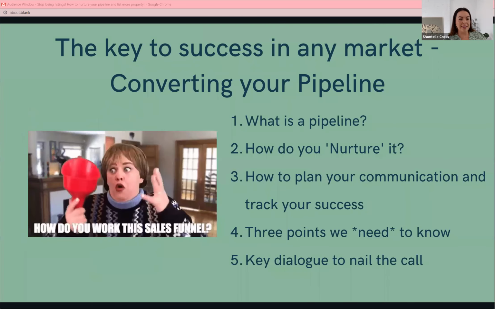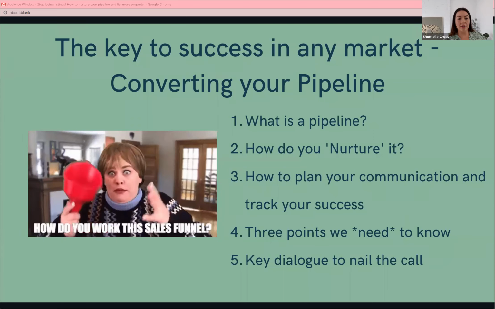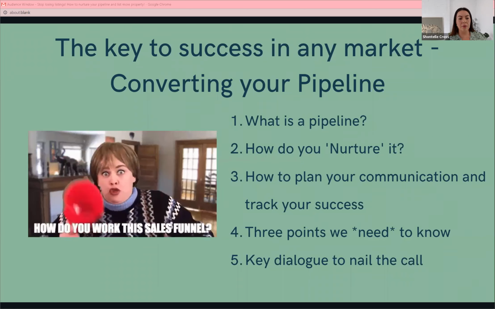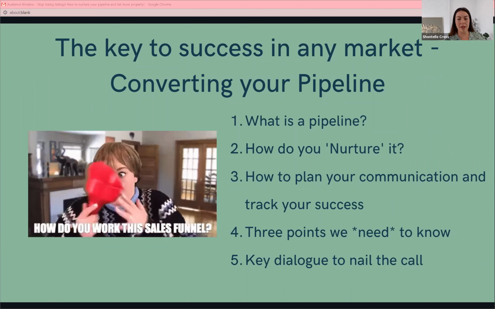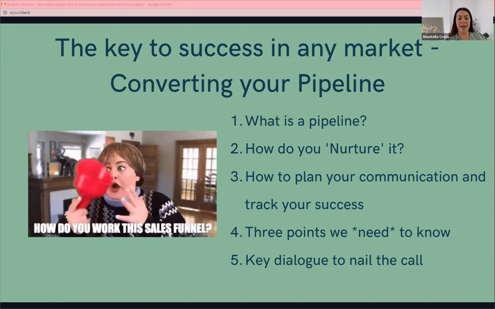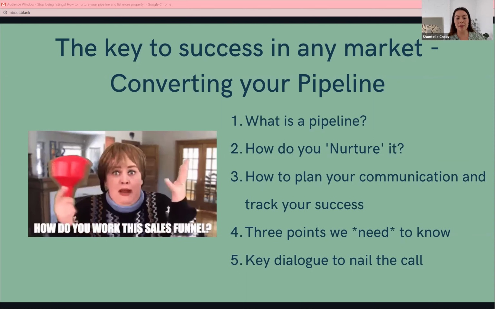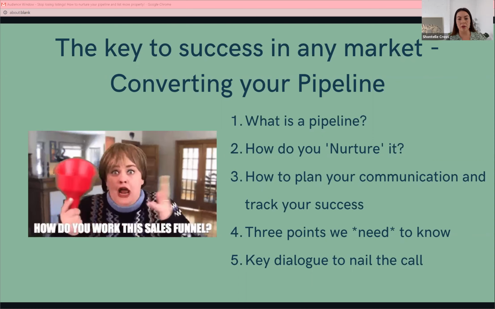So the key to success in any market, like I say, is converting your pipeline. Today, what we want to have a look at is a few things. What is a pipeline? How do we nurture it? How to plan your communication and track your success? The 3 points that we need to know out of our pipeline clients, and some key dialogue to nail the